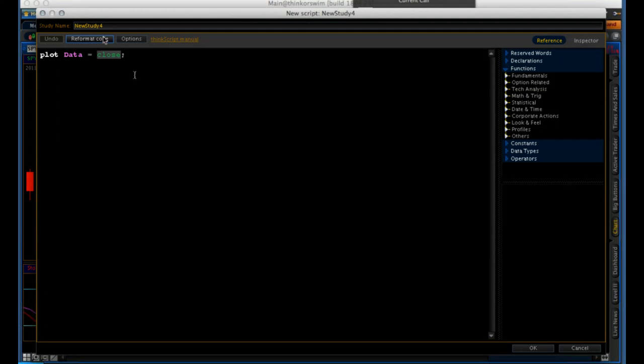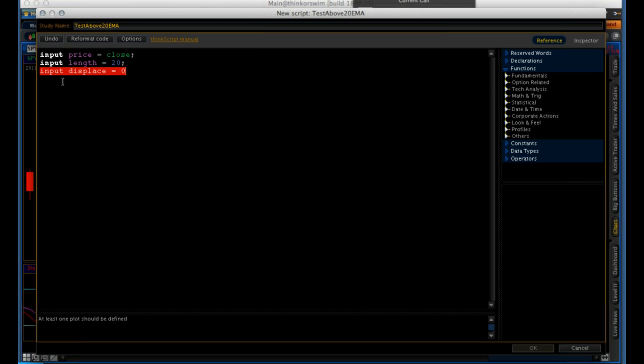Well, let's just go ahead and click on new. Let's say test above 20 EMA. Let's just go ahead and close this out. I'm going to go ahead and type this in real quick, and we're going to do input price equals close, and then we're going to do an input length equals 20 period, and we're going to do an input displacement equals 0,